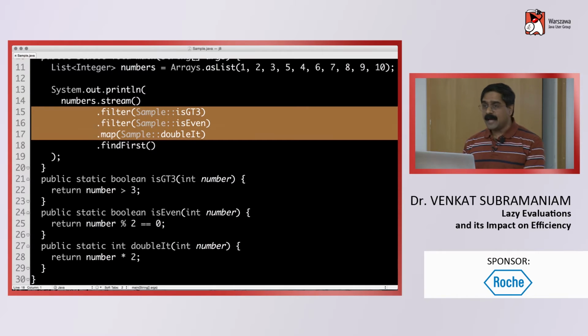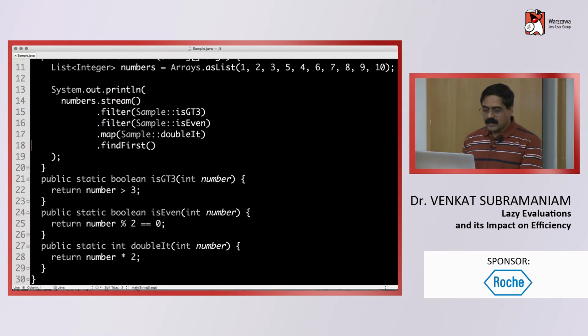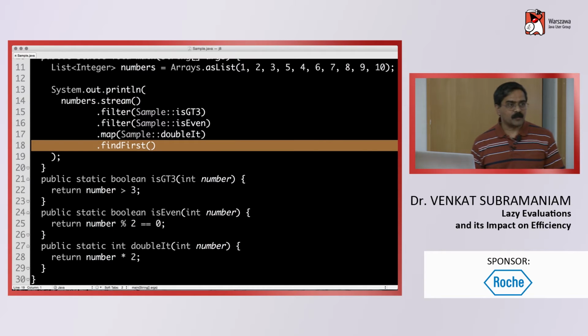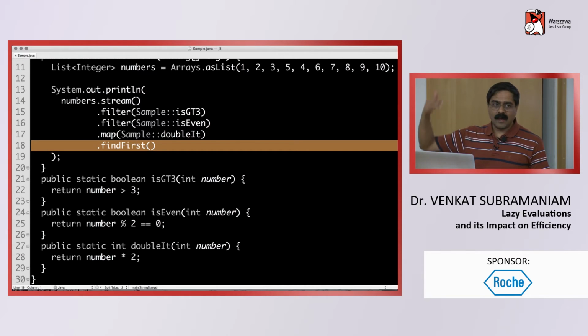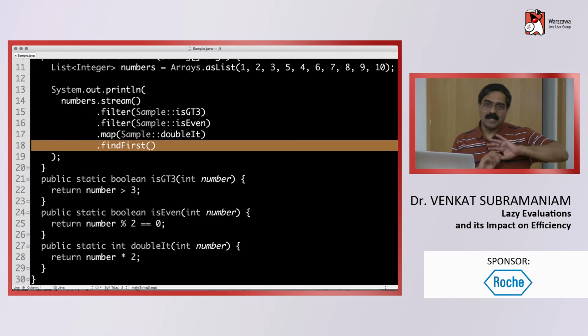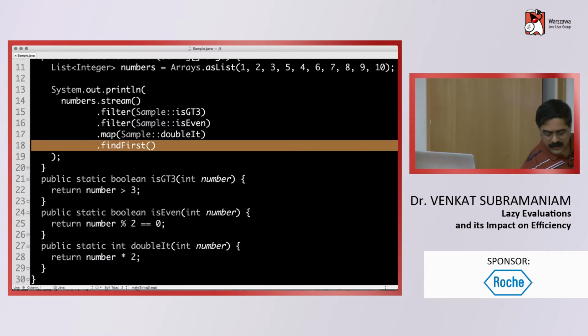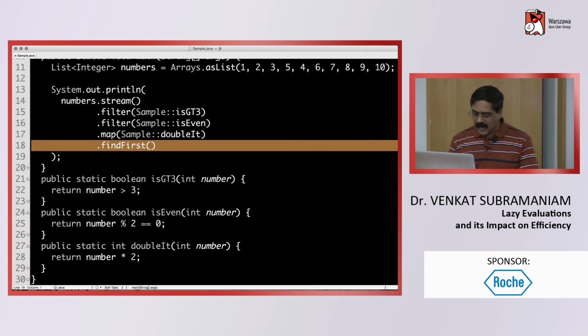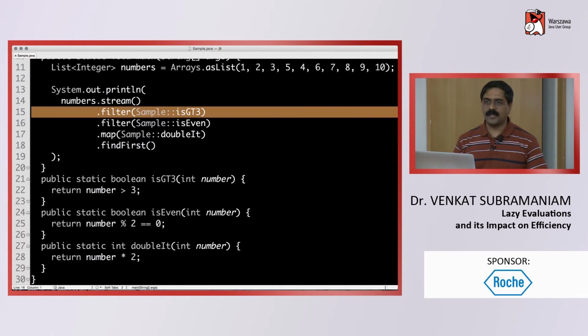These are called intermediate operations, and essentially these are lazy, and this here is called the terminal operation. So a terminal operation is an operation that gets evaluated only at the very end of the sequence. Everything before it is lazily evaluated. So in other words, what does this really do? Well, essentially what's going to happen here is, when you make this particular call and you go to the stream and say, hey stream, I want you to filter,